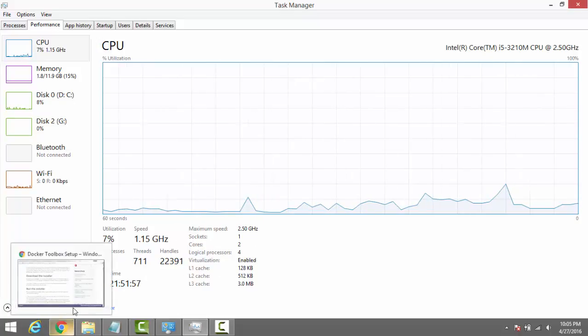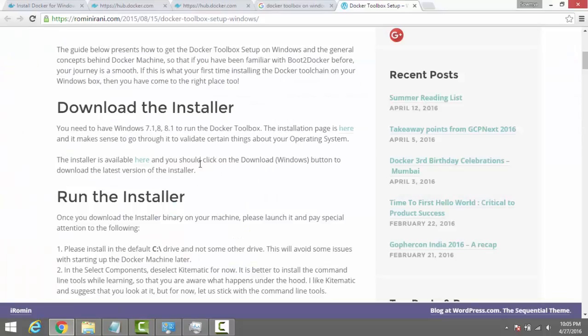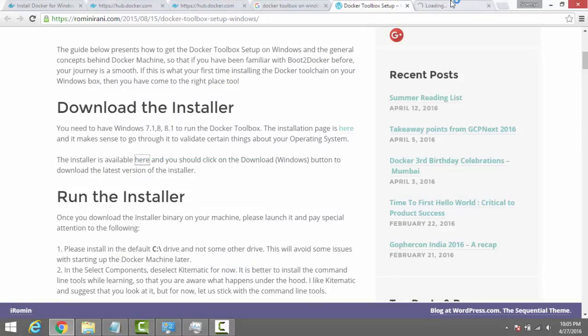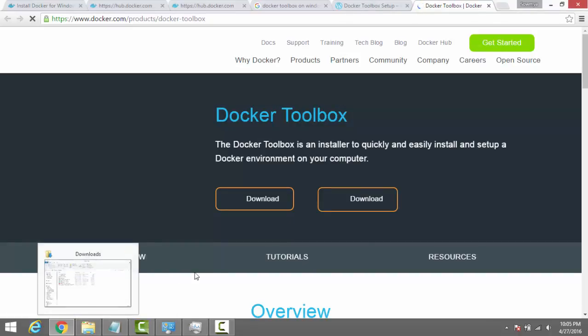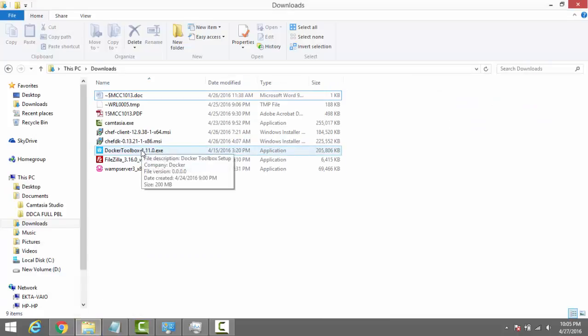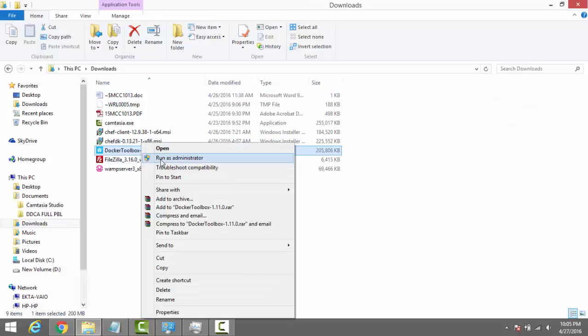After that you go through this link and you need to download the Docker Toolbox button. You click on that and you download that Docker Toolbox. After that you are getting like this. Go to the downloads and you just check your Docker Toolbox button and you just double click on it, run